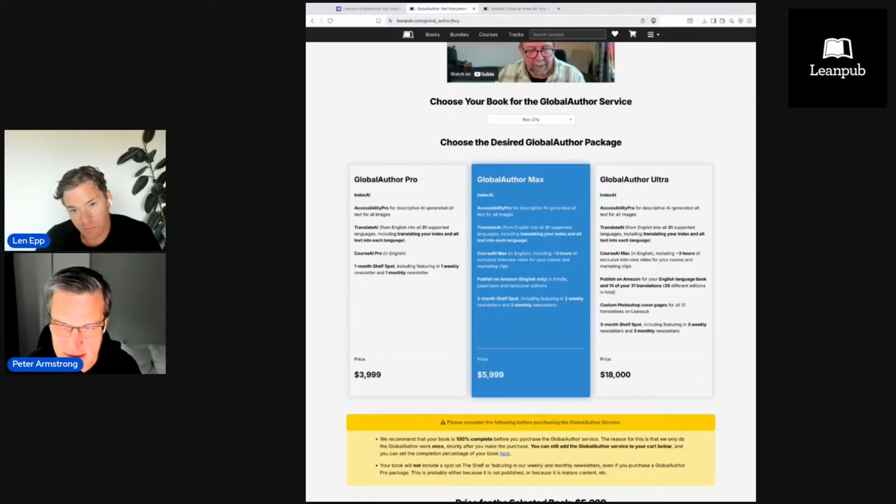So then that'll have localized alt text, and it'll have localized index entries, and your whole book gets translated. And it's pretty awesome. Course AI Max, which is an amazing thing. So actually, before I move on,